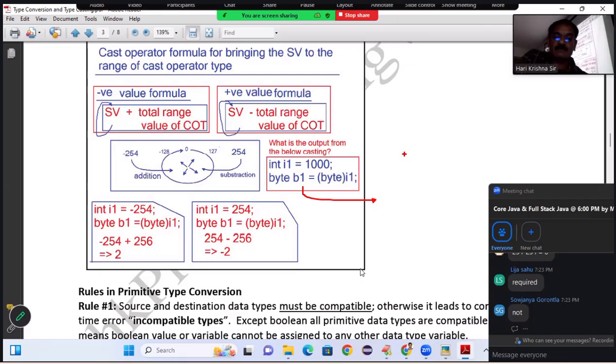Understood now? I gave you a clue. Your mother has given you this much laddu. Can it fit in your mouth? No. What are you doing? You are biting it again and again until it fully goes inside your mouth. Your mother has given you a small quantity of chocolate. At a time, it can go inside. What did you understand? You have to apply this formula repeatedly until the value comes to the range of byte